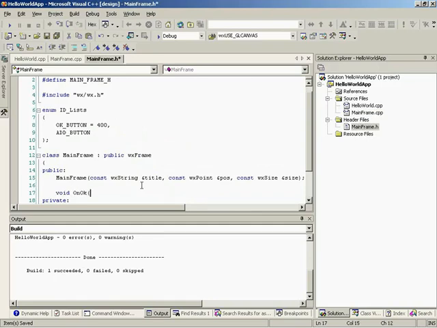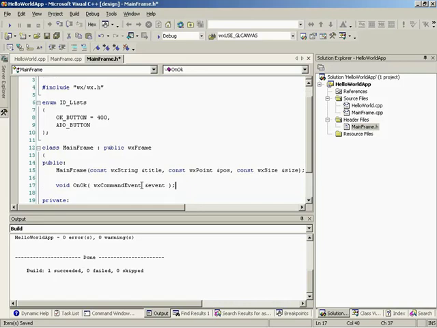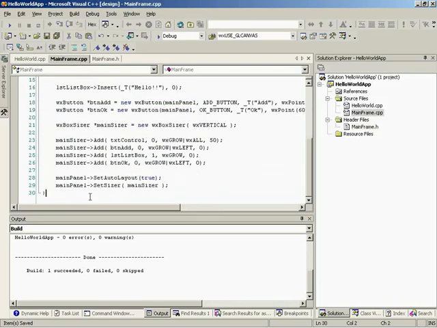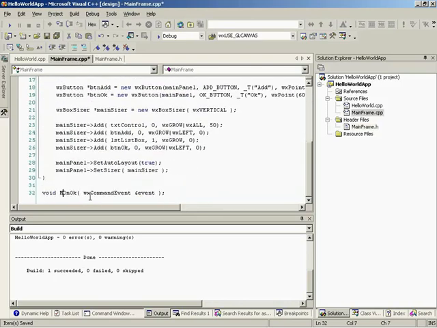Now, when we have a message handler, wxWidgets, which sends us the event, is also going to pass different properties related to that event. And depending on which event you send it, it'll send you a different class. In this case, it's going to be wxCommandEvent. So it sends a reference to the class CommandEvent, which contains information about that message, like the ID or what exactly happened. That's going to change depending on the event type. This could be a menu event or that kind of thing. With that declared inside the class header file, we can come over to here, tack this onto the end, and just say mainframe::